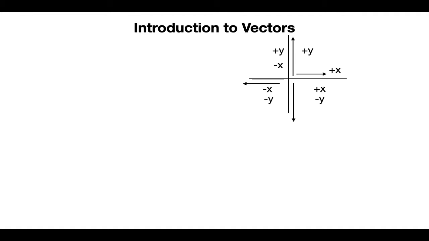This is a convention which you have always been using in mathematics. A system of coordinates, x coordinate, y coordinate. First quadrant, both x and y are positive because this is right of the reference O and origin. This is above the origin. So x positive, y positive; x negative, y positive. Here in this third quadrant we have both x and y negative. Likewise in this fourth quadrant x is positive and y is negative.